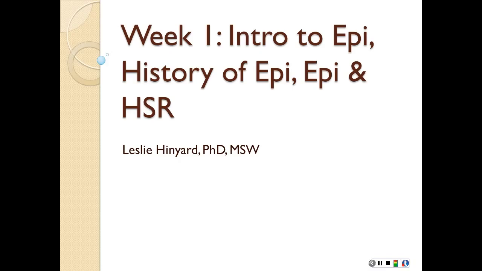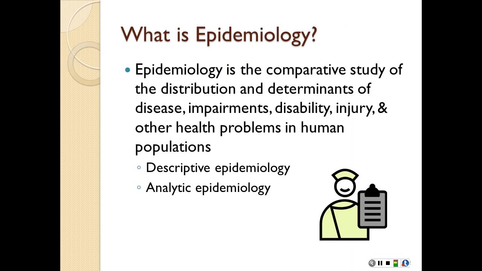Excellent. Yes, so the big thing about epi, which you pointed to, is that it's about the distribution and determinants of disease in populations. This is the key. This is the huge difference between talking about epidemiology and talking about general medicine. We care in epidemiology about populations. Populations do not necessarily operate the same way that individuals do, but we care about the distribution of disease in populations and what causes disease in populations. Now this does translate back to individuals, but epidemiology equals populations. That's something you can remember.